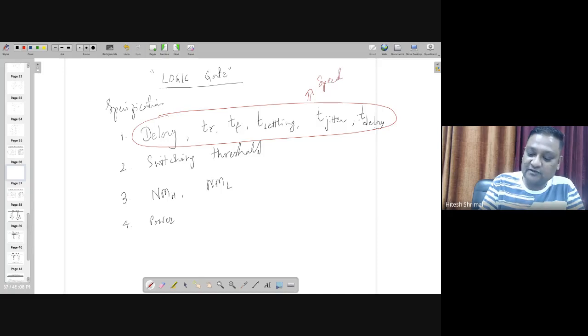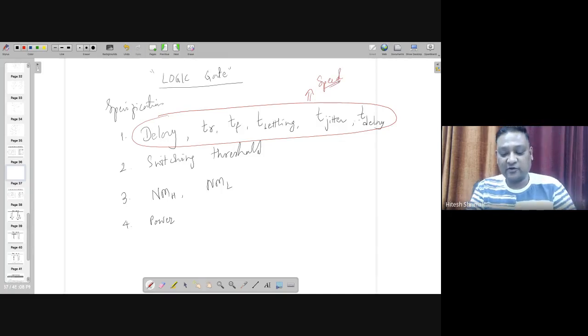So everything we are working on is better speed. Like, you are looking for maybe a better processor which has better speed. So with time, you are doing things in parallel, maybe a quad-core processor or some other processor. In that, we all need higher speed, which means delay is lesser, and rise time, fall time, everything is within our budget. So all these things are required. So this is the fundamental thing.